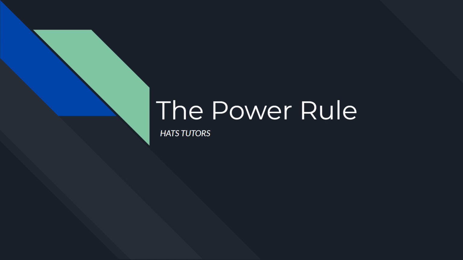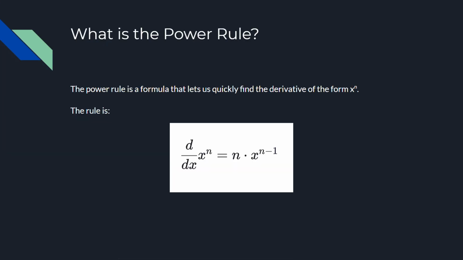Today we're going to be taking a look at the power rule. So what is the power rule? The power rule is a formula that lets us quickly find the derivative of the form x to the power of n. The rule stipulates that the derivative of x raised to the n is equal to that power, now as a coefficient, times the value of x raised to